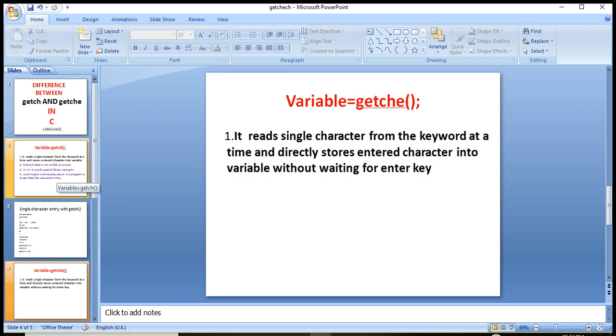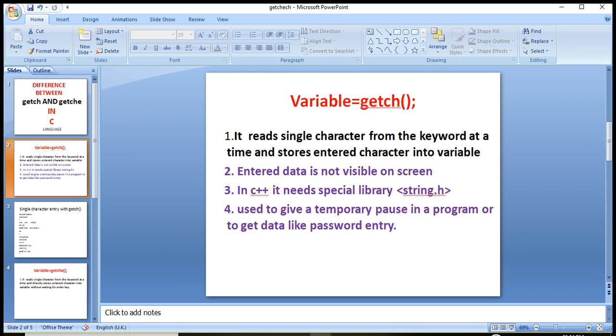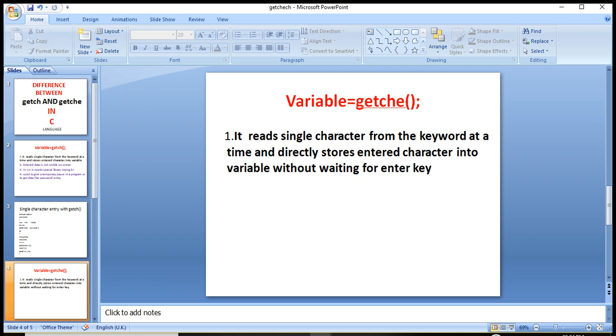In getche, it stores the data into the variable. It reads a single character from the keyboard at a time and directly stores the entered character into the variable without waiting for the enter key. And I think you have cleared the difference.